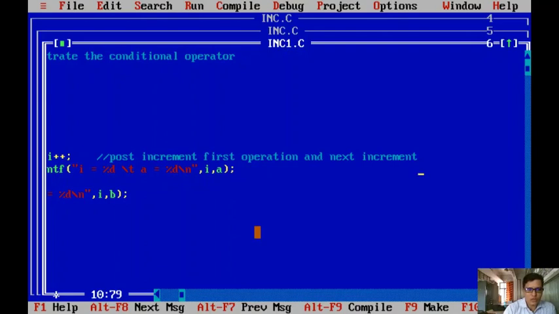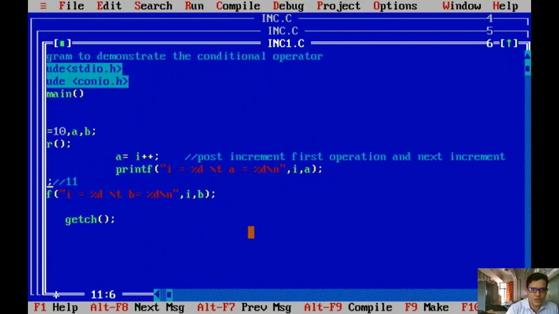Okay, then what about the pre-increment? That means in a we are storing the first operation. In i, it consists of 10. 10 will be stored in a. Now i will be displayed as 11 because it is incremented, right? Here a is displayed as 10.